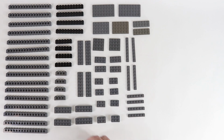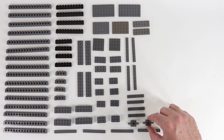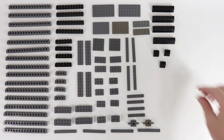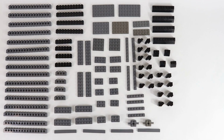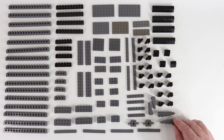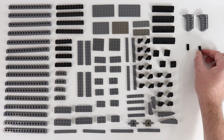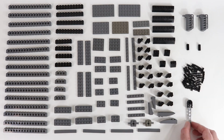2 2x6 plates, 4 1x8 tiles, 2 2x2 modified bricks with 2 pins on opposite sides, 4 2x8 sloped bricks, 4 2x2 sloped bricks, 20 2x2 inverted slope bricks, 2 2x4 sloped bricks, 2 2x6 curved slope bricks, 2 Technic projectile launchers, 2 Technic axle connectors, 38 Technic pins with friction, and finally, the funnest pieces of this build,